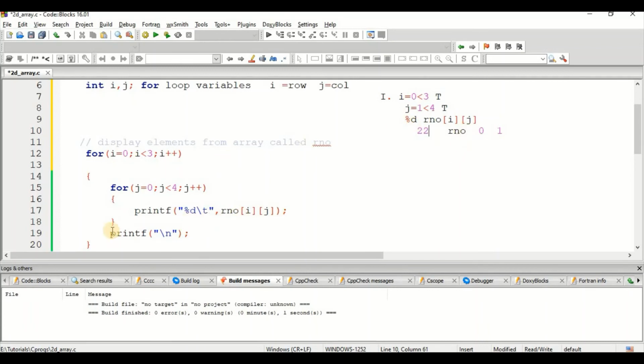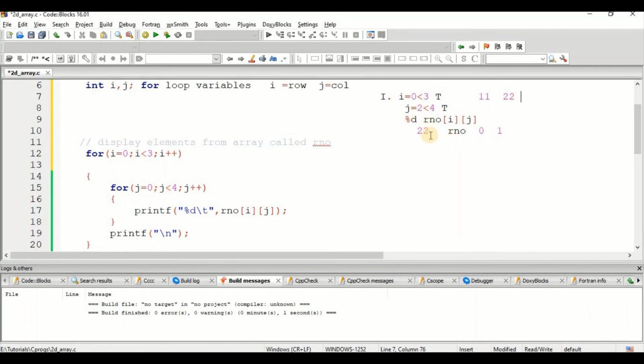After displaying that value, again the loop goes back. Now where will it be going back? Again it will be going to the J loop only. Now J will be incremented. What is the value of J? J has become 2. Is 2 less than 4? Yes, the condition is true. If the condition is true, then this printf statement will be executed. So what outputs have I got previously? Already I have printed 11 and I have printed 22.